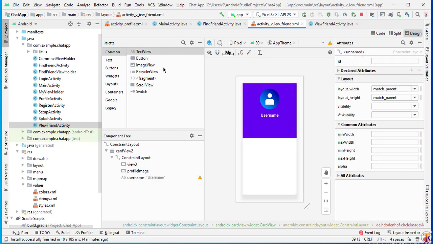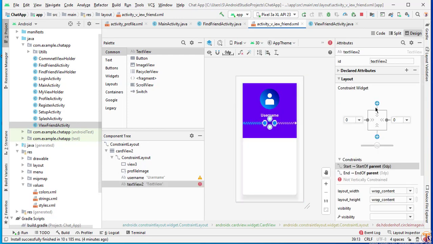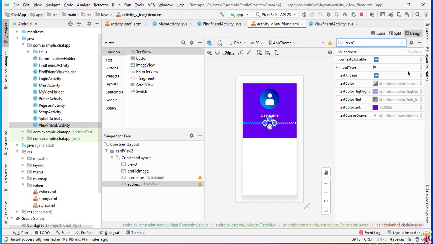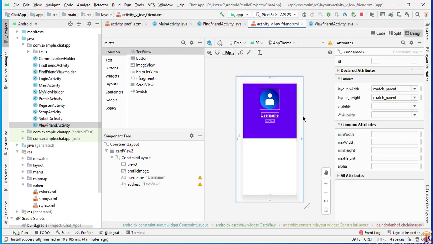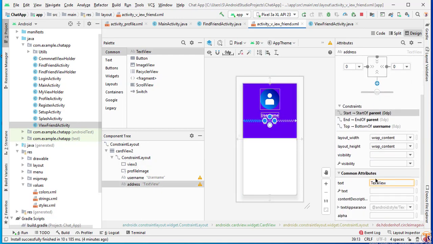Okay, now we will add our city and country in one text view. So add the constraint from left and right and also from top. Okay, now this will be address. I will add both city and country in this address. So change the text color. So I will change the text color into white. Okay, now remove the margin from top. Okay, now it's good. So let's say I type here text into New York, USA.